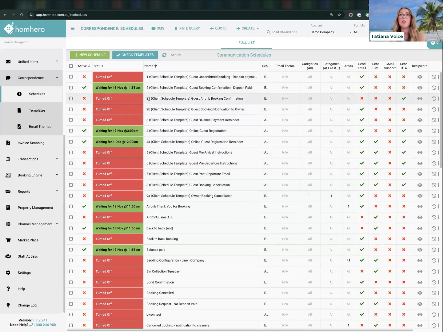Then we've got all of these ones that send at the same time. So we've got number 2, 2A, 2B. The guest has paid a deposit, so that's a booking confirmation that goes out. We've got a separate one that goes to Airbnb bookings only, because we probably don't want the booking total in that one. It's a slightly different template that we want to send at that time. And thirdly, we have a booking notification that goes to the owner of that property. So if we're not using those built-in notifications that we looked at earlier,